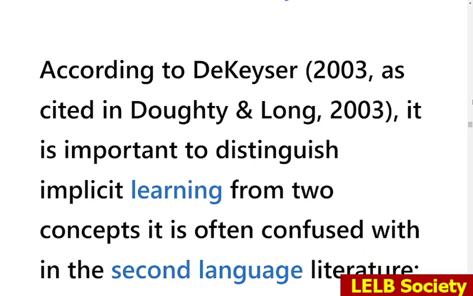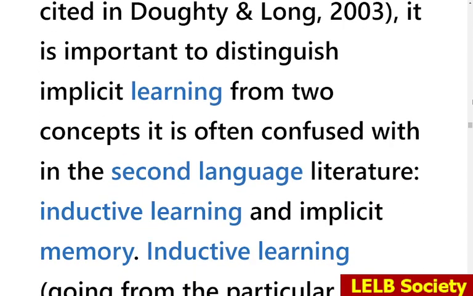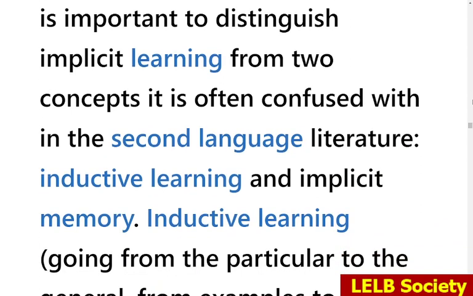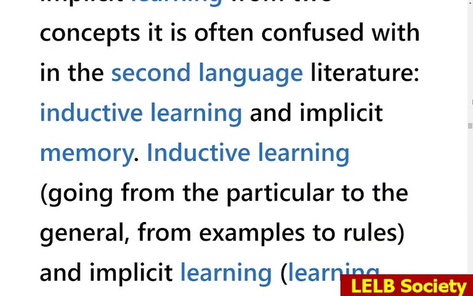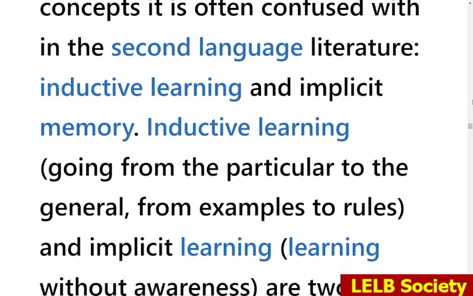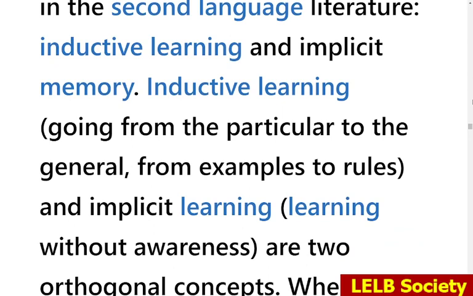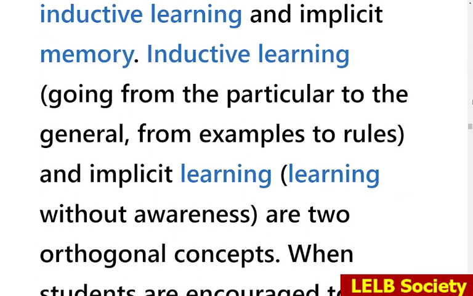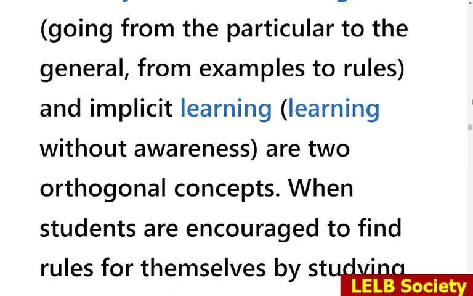According to DeKeyser, 2003, as cited in Doughty and Long, 2003, it is important to distinguish implicit learning from two concepts it is often confused with in the second language literature: inductive learning and implicit memory. Inductive learning, going from the particular to the general, from examples to rules, and implicit learning, learning without awareness, are two